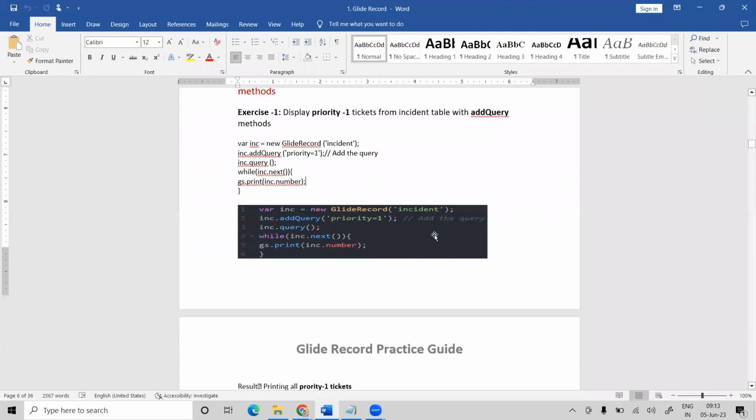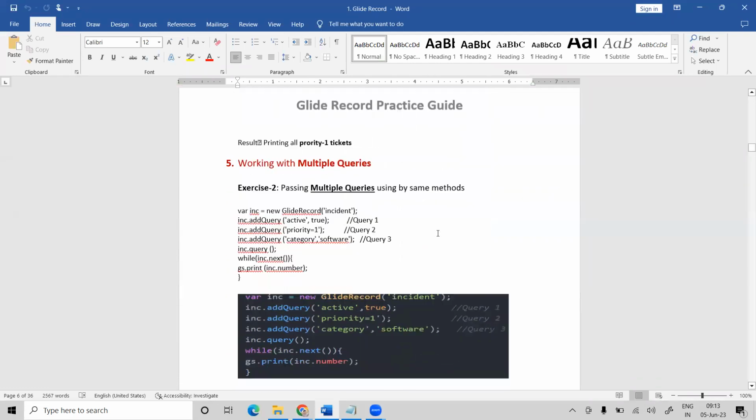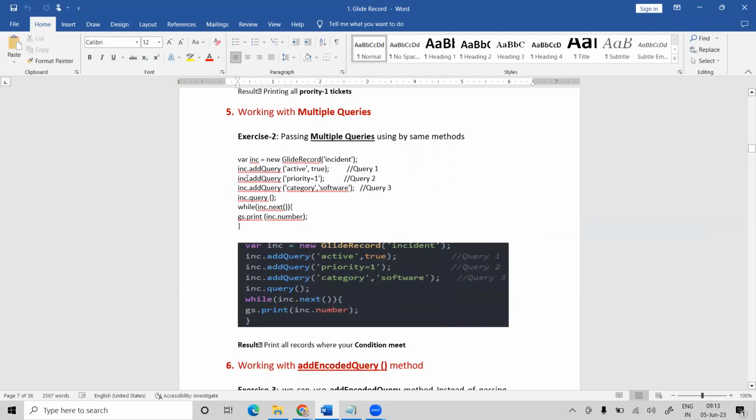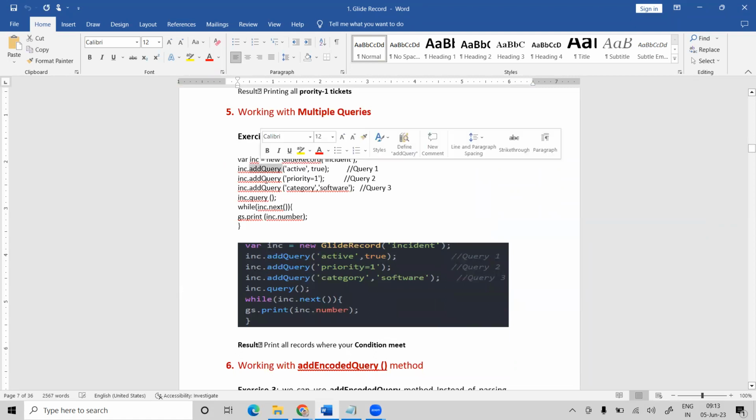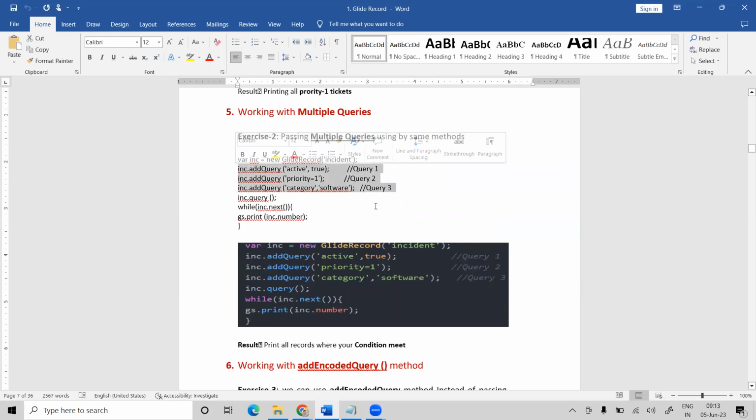In scripting, I can add multiple queries one by one as well: add query, and on the next line also add query. The first query is active true, the next query is priority is equal to 1, and the next query is category is software. So these three queries I can do one by one as well. So see here,